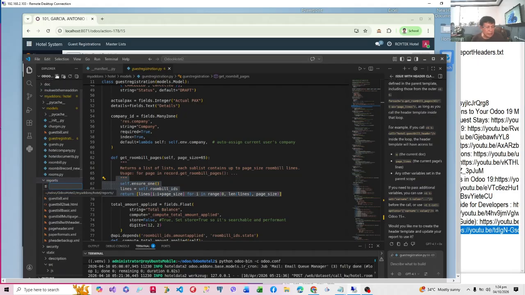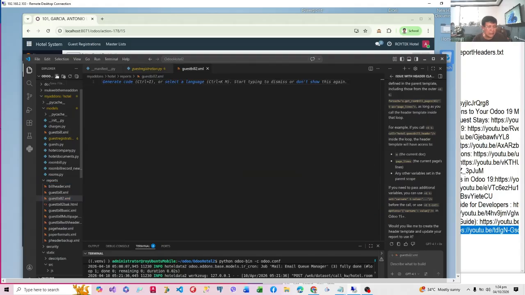What's the difference between the original report and this one? We are not handling a straight data set. When we open room bills, we are given a straight data set. We are going to open another one which will create subsets of that data set by calling the Python function that we have called.